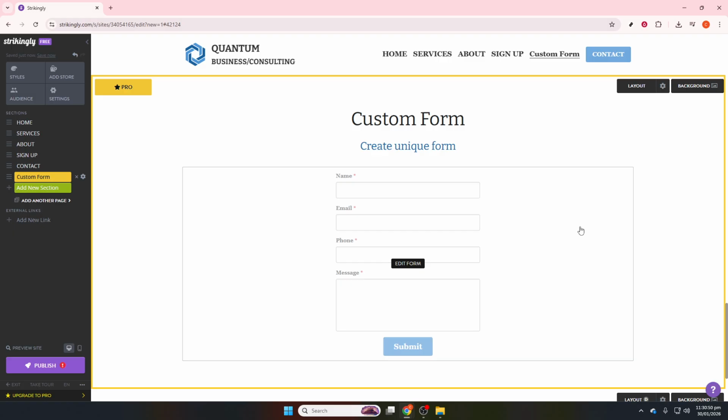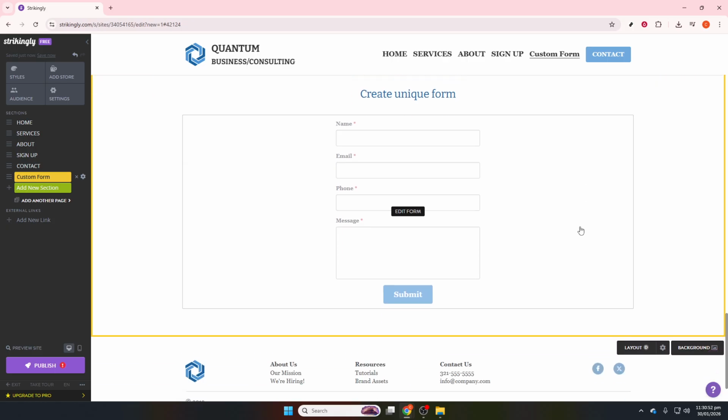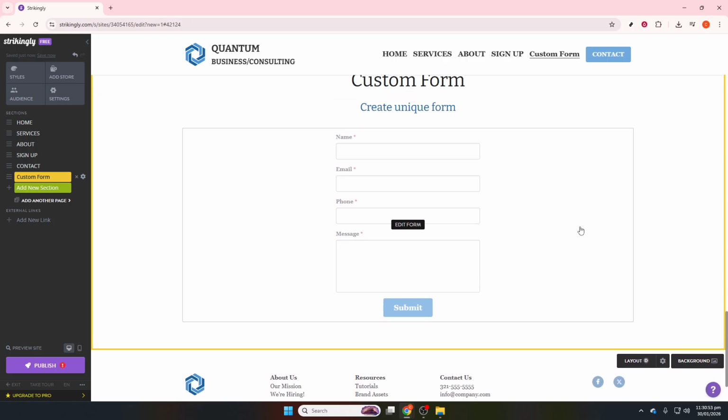That's it. You've added a clear, functional contact form to your Strikingly site, customized the fields to match your needs, and set up notifications so you